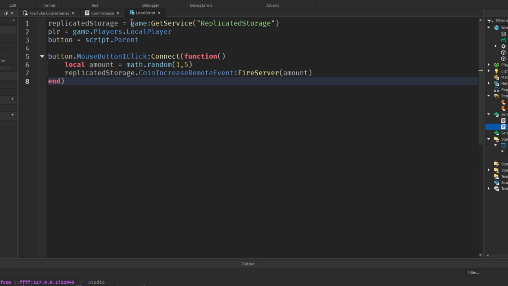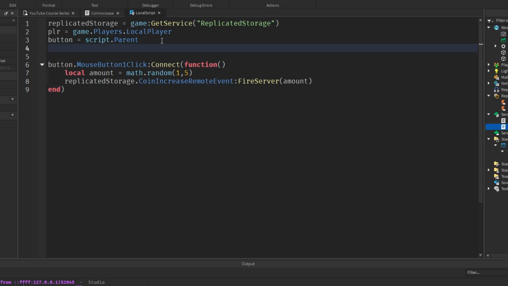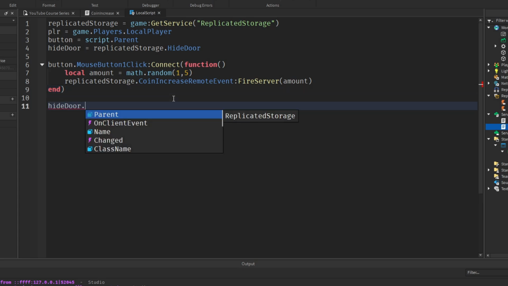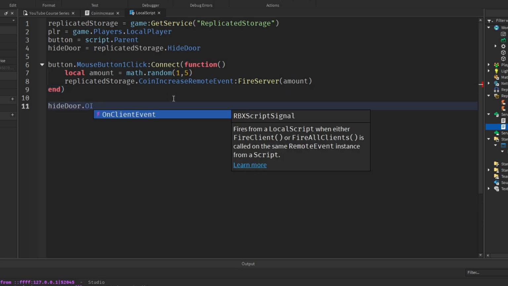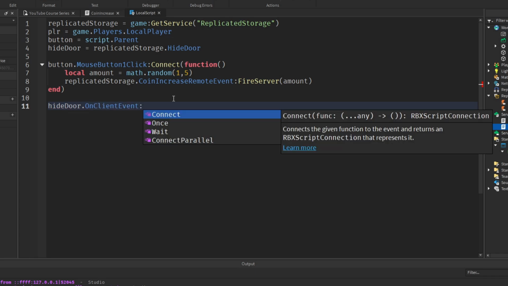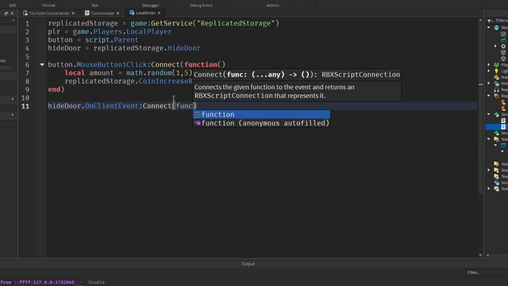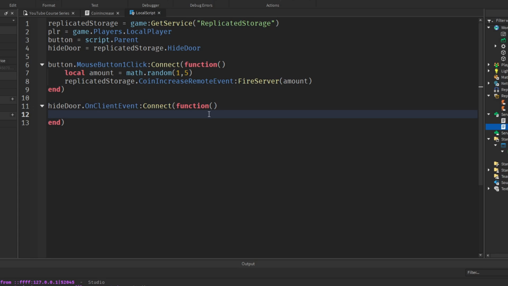Now let's go to our local script. First of all, I want to get our hide door event, and then down here we'll say hide door dot OnClientEvent. So again, similar to the OnServerEvent, connect function, and then these open and close parentheses. And all we need to pass in here is a door. We don't need to have the player as a parameter